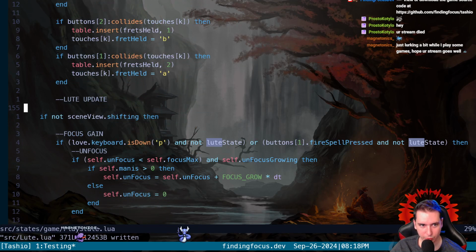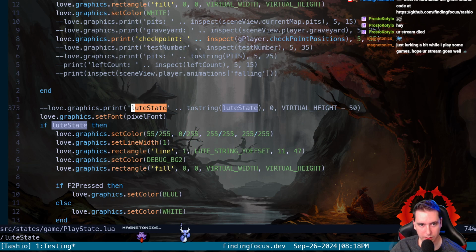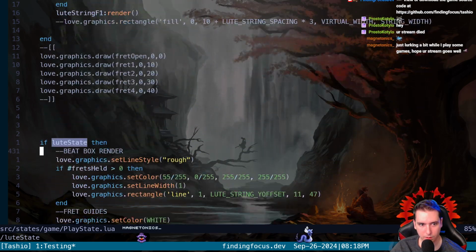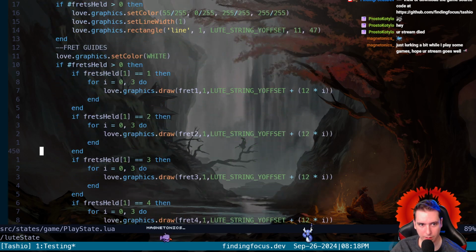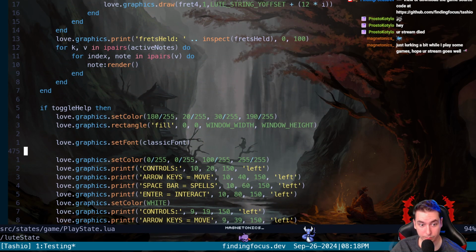So now we need to pull over. Let's see if there's any other loot state stuff we need to pull over. We are doing this stuff. Okay, yeah, we got quite a bit. Oh my goodness.